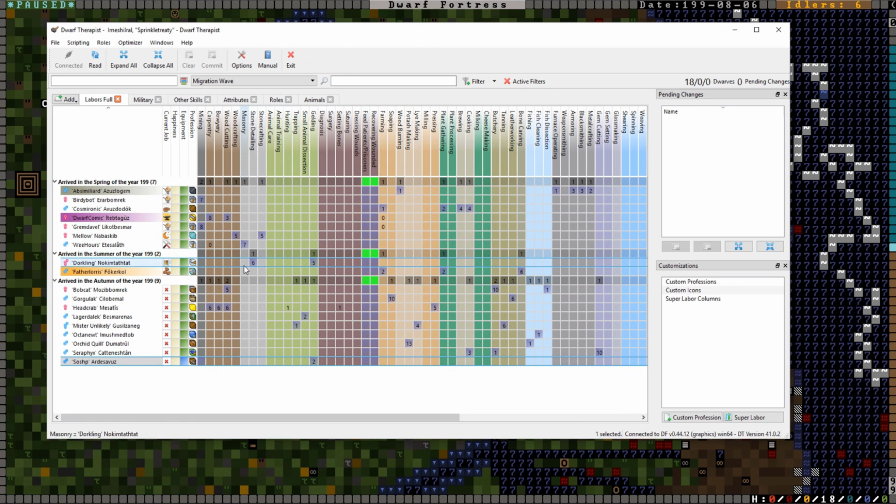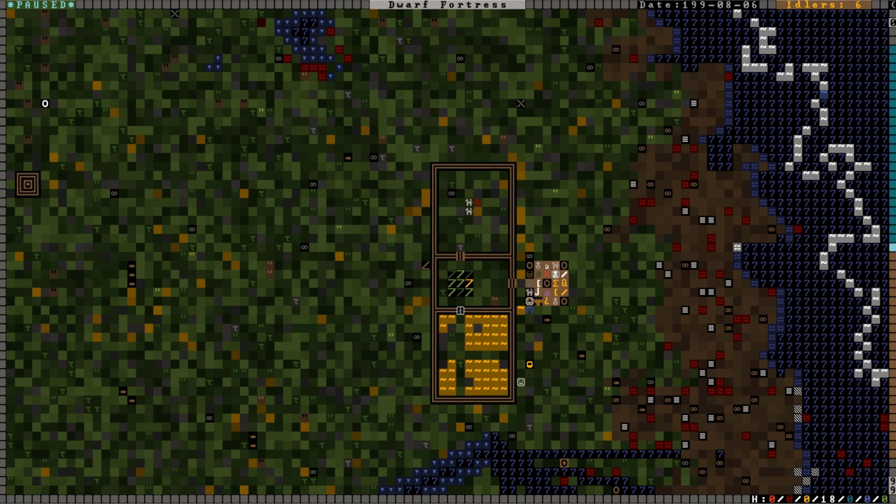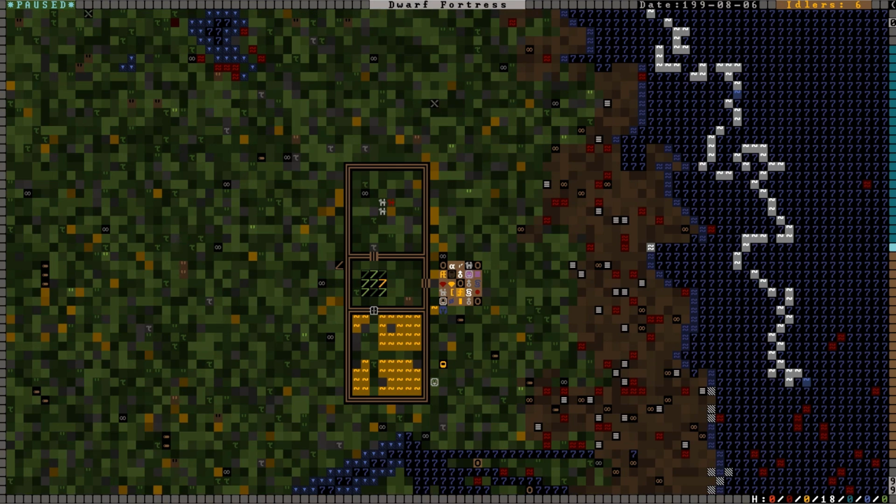As long as we have, let's double check we have the cooking skills. Someone doing cooking and brewing. Yes, we do, and we have another cook here with Seraphix. Okay, well, welcome to the fortress, all of you. I hope you enjoy your stay, and I hope you don't get murdered by giant buzzards and giant butterflies on the way in. But we will see how all of these new migrants, there's quite a big influx there, settle